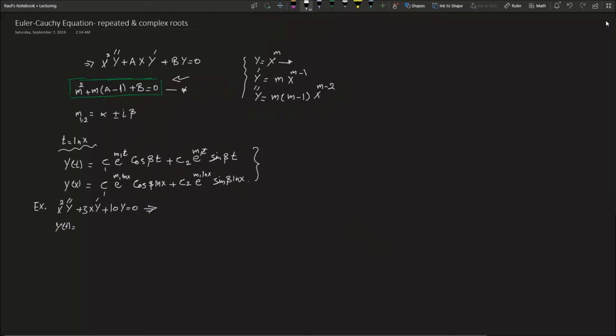So let's use this form first. So we have m squared plus m multiplied by 3 minus 1 plus 10 equals 0, and the roots for this equation will be